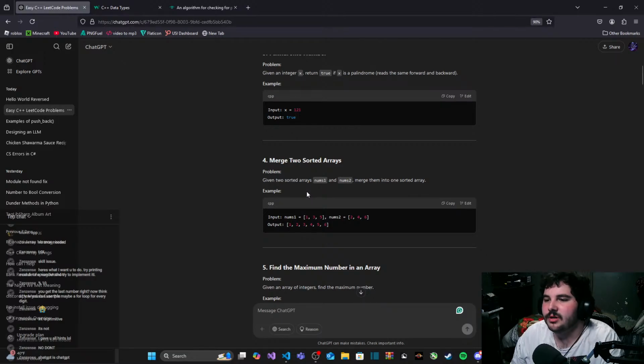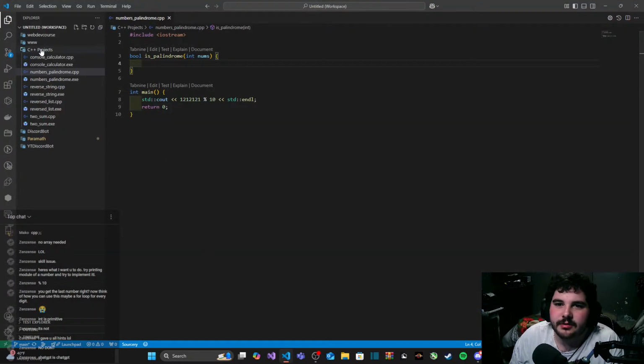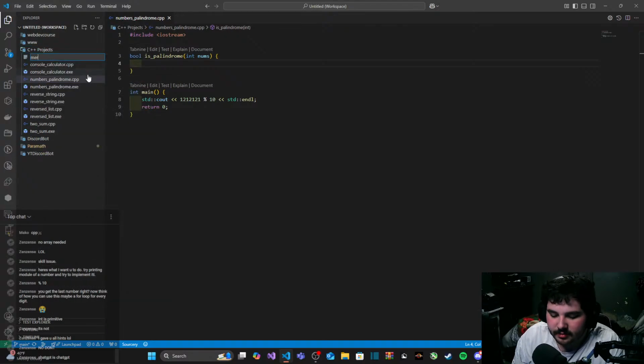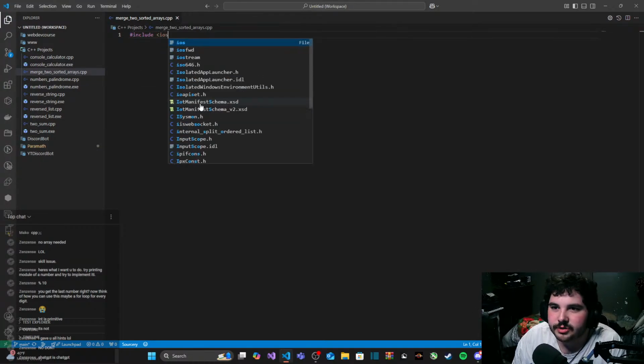Merge two sorted arrays. Okay. So, merge two sorted arrays.cpp. I'm just going to say it right now. I'm doing this with vectors. Include iostream.